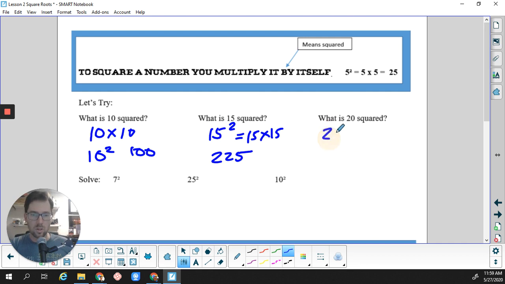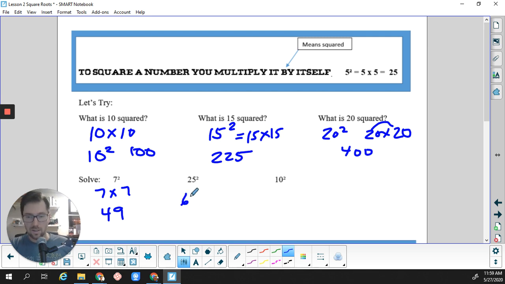So we got 20 squared, which is again 20 times 20. Oops, 20 times 20. So a sneaky way of doing this, we could look and see, okay, 2 times 2 is 4, 2 zeros, 400. There we go. 7 squared, so we have 7 times 7 is 49. We have 25 squared. 25 times 25 is 625. And 10 squared,